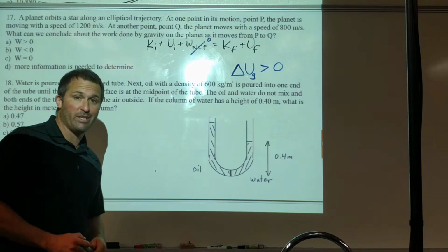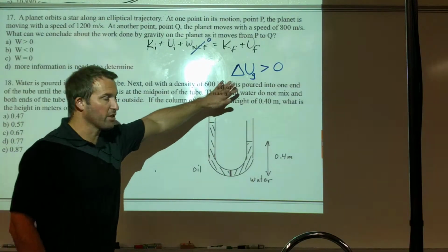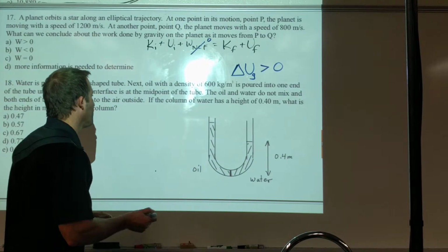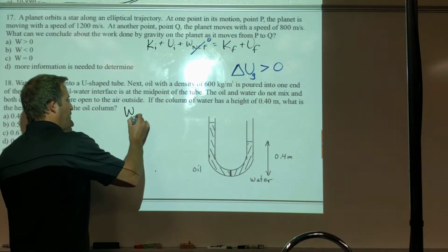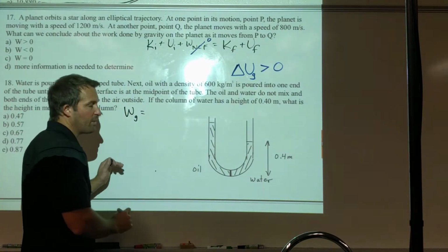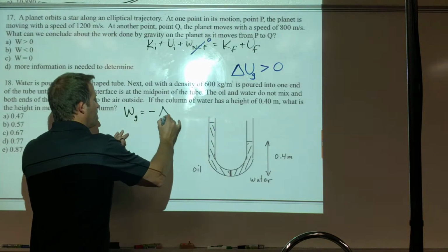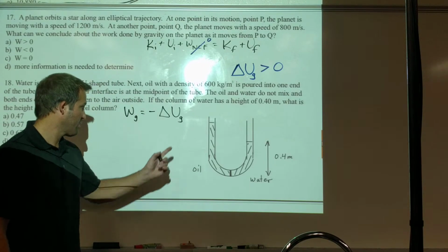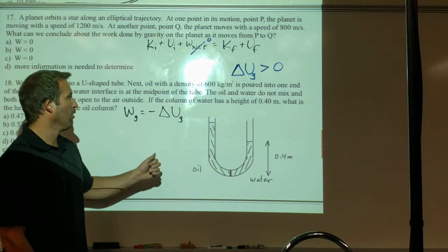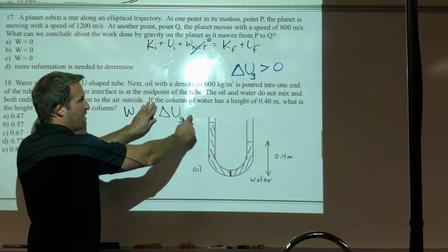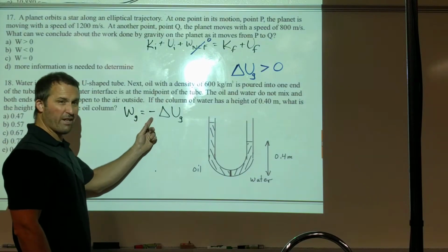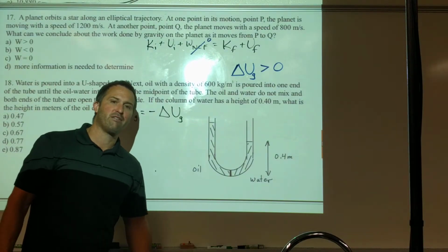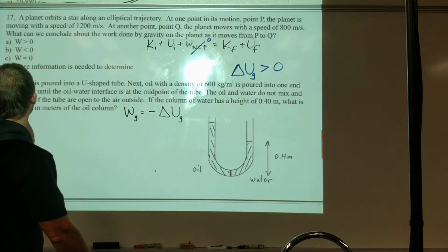And that's essentially all we need because we know the definition of potential energy. So for gravitational potential energy, here's the definition of gravitational potential energy. And so if this right here is positive, we've got a negative sign here, that means the work done by gravity is negative. The answer would be